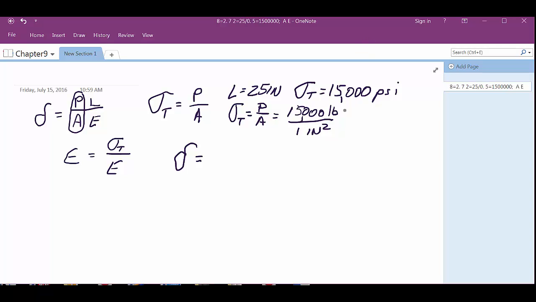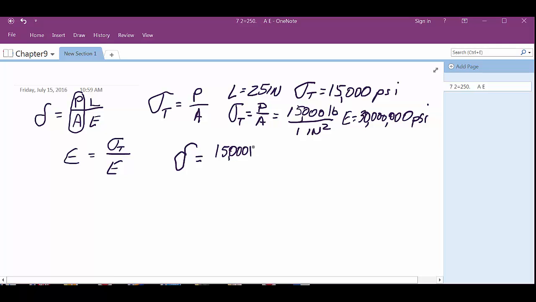Well, then, are we given that the modulus is, yeah, we're not given that, but we know it based on the table, right? Yeah, they tell you it's steel. 30 million psi. So then we just go in there. We know now. What all do we know? We've got the P, right? 15,000 pounds